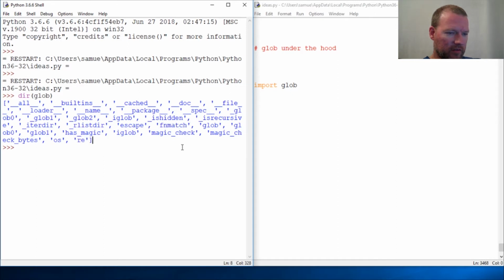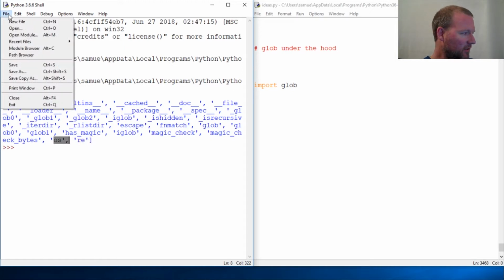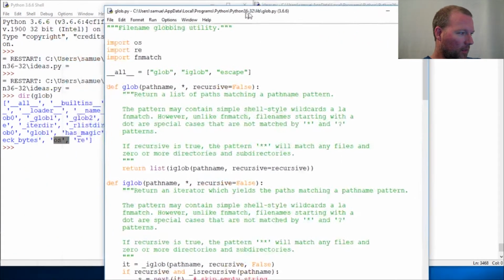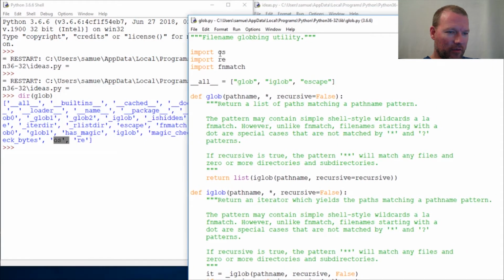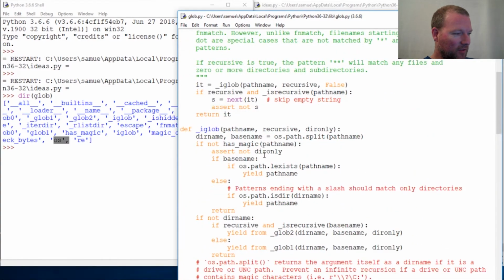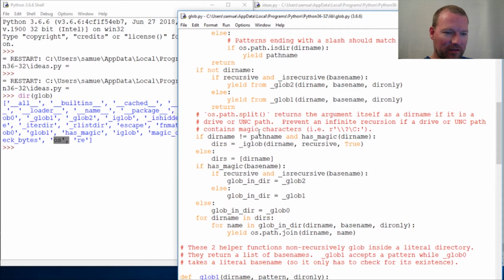So what in the world is this? So REOS. I'm going to show you this. Open module. So let's do Glob. We know this one. We know this one. But here's a new one. If we start really looking into this, Glob is built upon these three. And you can see right here,